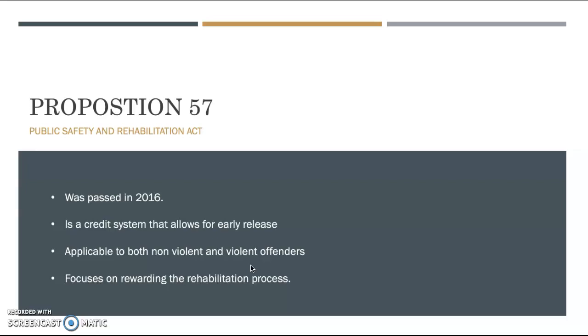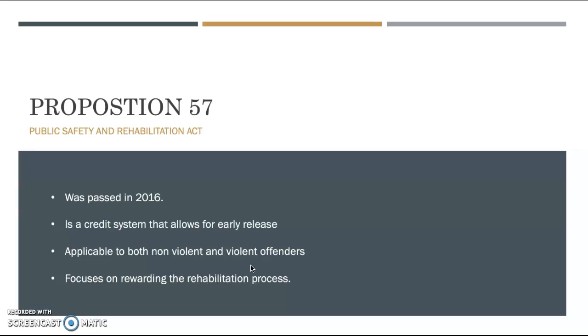If inmates exhibited good behavior, they would get a certain amount of credits, etc. And these credits can be used to knock off time on the inmate's sentence. This proposition was applicable to both non-violent and violent offenders. So even if you had a violent crime, unlike Proposition 47, you had the ability to take advantage of this